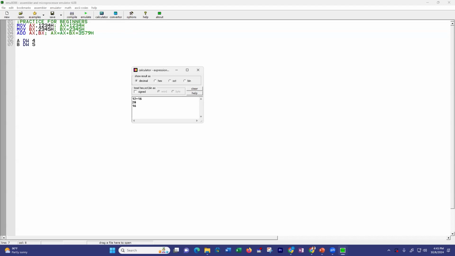So if we want to do subtraction, this is how it goes. Press enter for the result. Then for the multiplication, press enter for the result. Then for the division, we have to use backslash for division operation, and press enter for getting the result. Okay, this can be done in decimal format, and so for the other formats as well, such as hexa, octal,